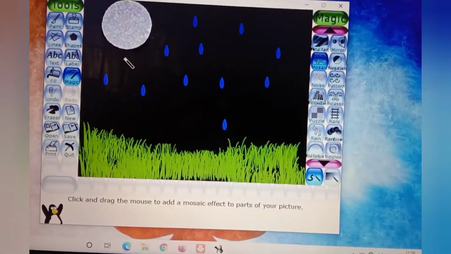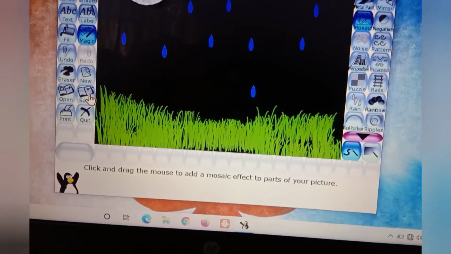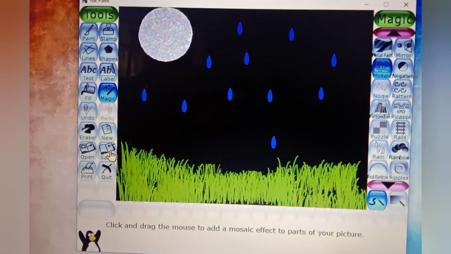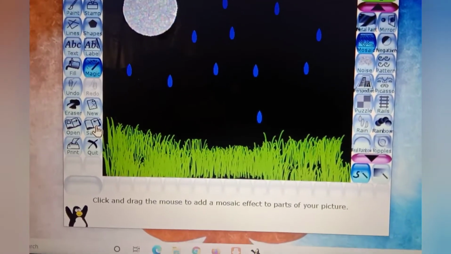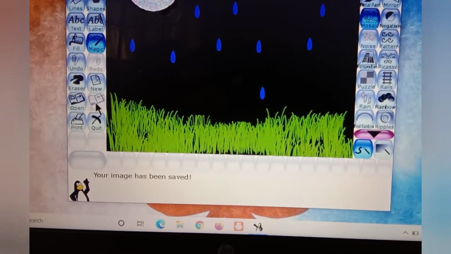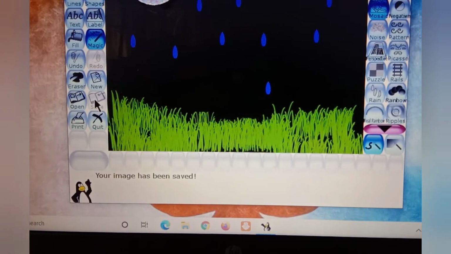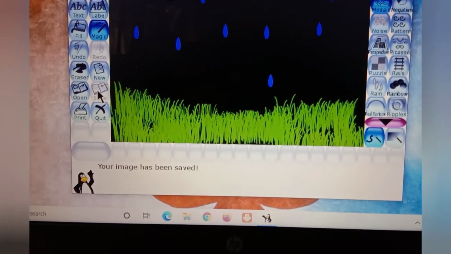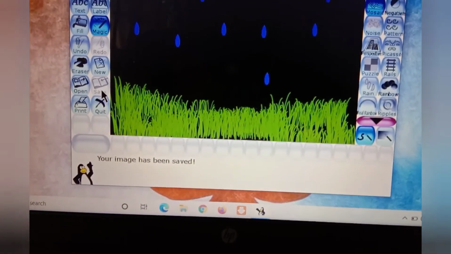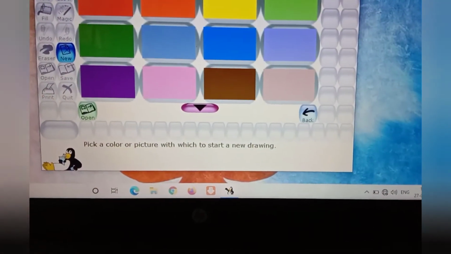Now I'm going to save it. To save it we have to click on the save option. You can see the save option in the toolbar. Here we have to click on the save option, just once, a left click. Look, the save is now unable to be clicked. If I click on it again, it is not going to work. Why? Because I already saved it. So now it is done, and I can take a new one. After that we will open.